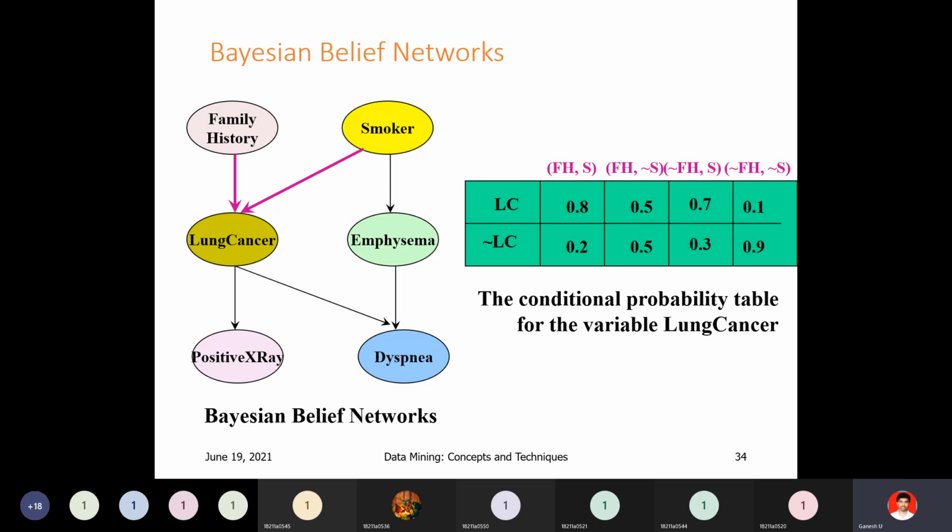In a Bayesian belief network, the name itself indicates it was proposed by Bayes, and it is about communication of variables based on trust, on belief. Here it is all belief. Why? Because if family history is there, you may or may not get that particular disease. In all cases you will not get it. If your grandfather has sugar, if your father has sugar, you may or may not get sugar. We will not say 100% that you will also get sugar.